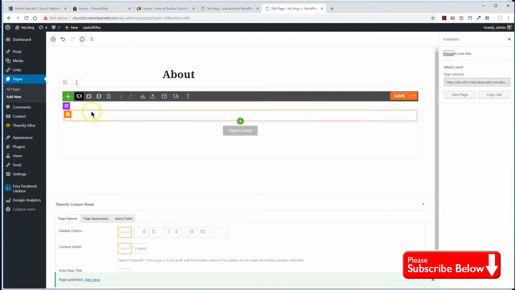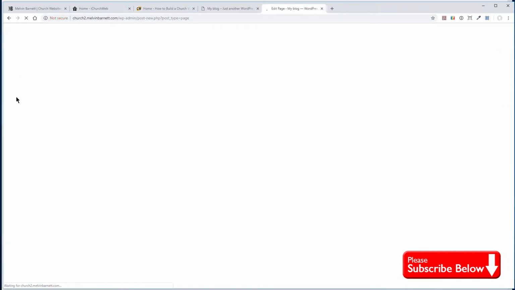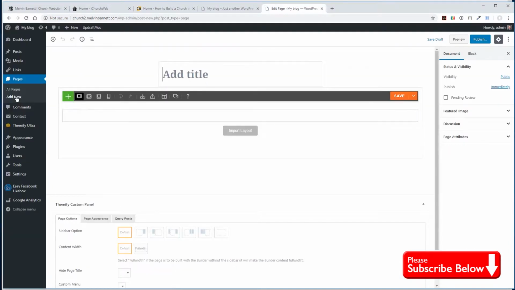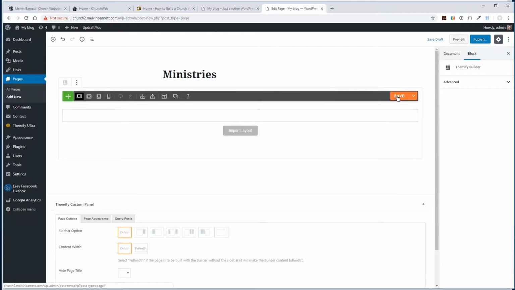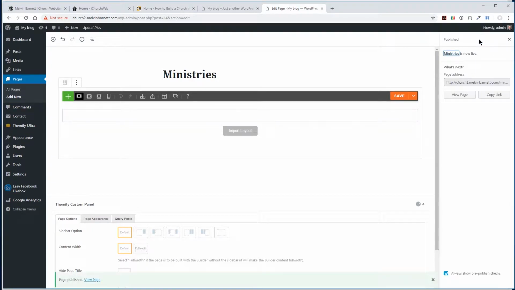Okay, and let's go ahead and add one more, and we can add some more later, but let's go ahead and add one that says ministries. Alright, hit save, publish, and publish. Okay,